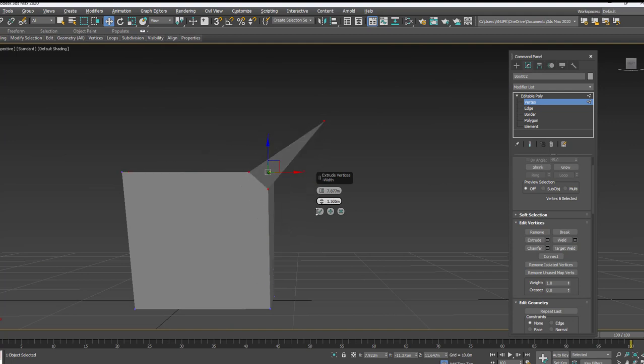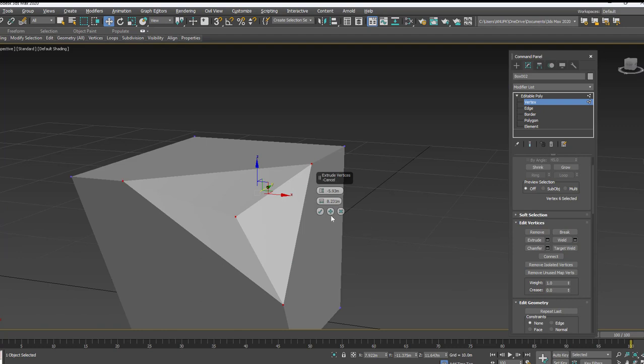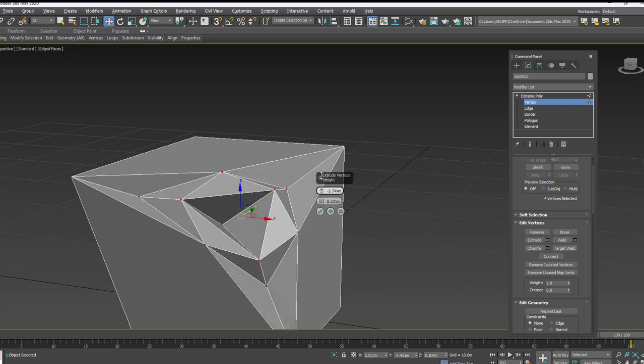Here you can see. And then just reduce the extrude amount and then finish it. Or else even you can add one more segment by clicking over the plus sign. For a better idea, you just press F4 and then click on the plus and then decide this amount now.